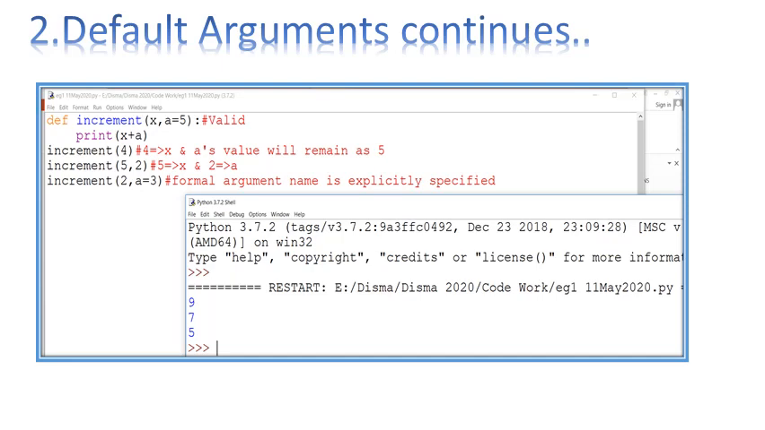In the script mode, an increment function is written with two formal parameters, one is x and a with the default value 5. And in that particular coding itself, the increment function is called thrice. One with a single value 4, another one with values 5 and 2, another one with 2 and a is equal to 3. In the first case, value 4 will be given to x